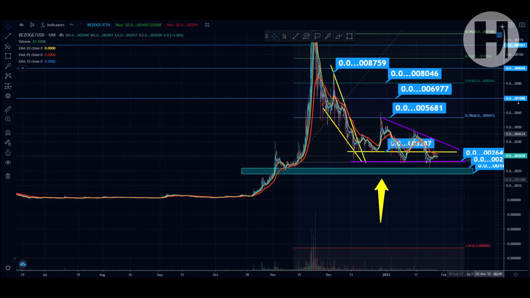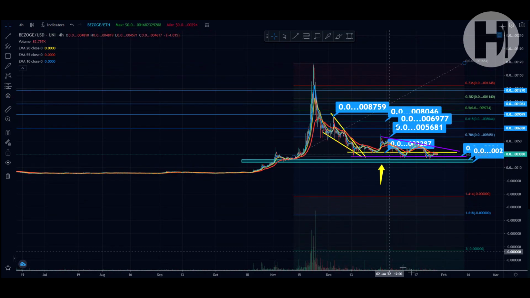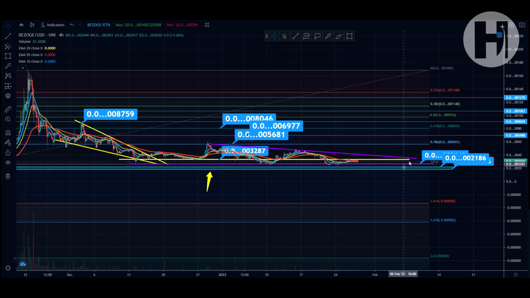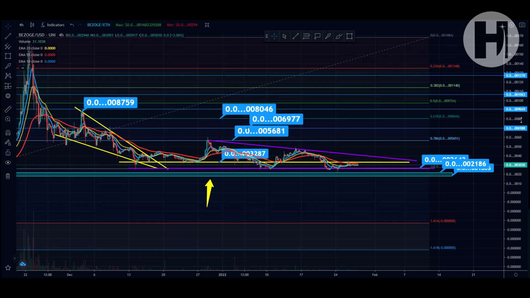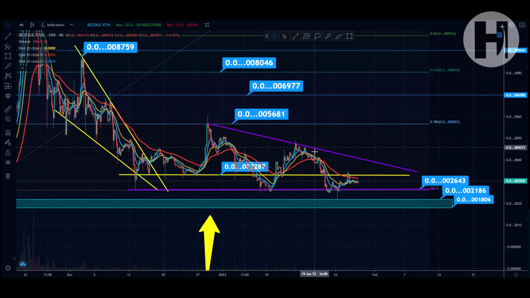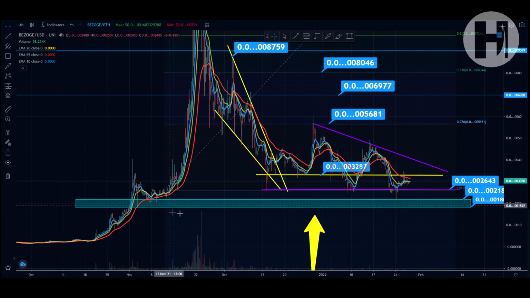And as you can see, we do have a Fibonacci retracement set with the targets to the downside. If you start losing the first fib level, you're going down and you have targets to the downside to the 1.618, but we're not there yet, okay? And I don't think we're going to go that low unless Bitcoin loses 30K, which is still possible at that point. If Bezoge goes even lower than this, even this blue rectangle buy zone that I'm going to give you in this video,